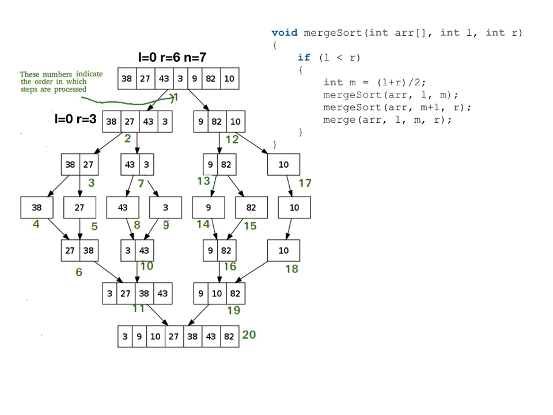Then again, the first array will be split, 0 to 3, mid is 2, so mid is 1, sorry. So 0, 1, that is 38, 27 will become one array, 43, 3 will become another array. Then again 38, 27 will be split into two halves, 0 and 1, mid is 0, so 38 becomes one element, 27 becomes one element. So this process goes on by splitting the array into two halves. Eventually you will have two elements.